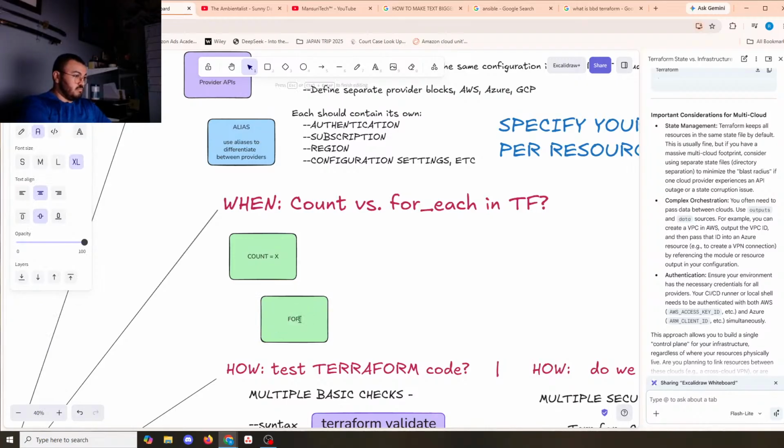On the other hand, for each is ideal when you have a set, list, or map of items, with each potentially needing its own configuration details. For example, if you have a map of subnet definitions where each subnet might have a distinct side of log or